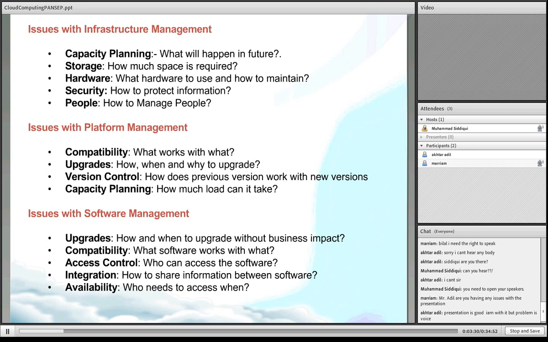Okay, so let me ask you a second question. How do I manage these issues? Any brilliant ideas? How do I deal with capacity planning? Anyone? Think about it.